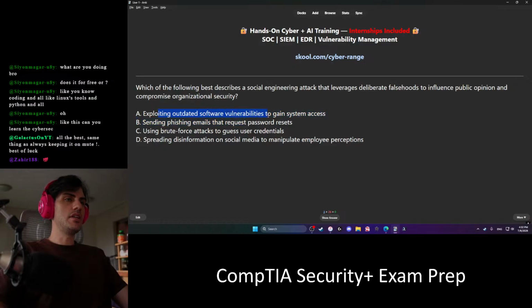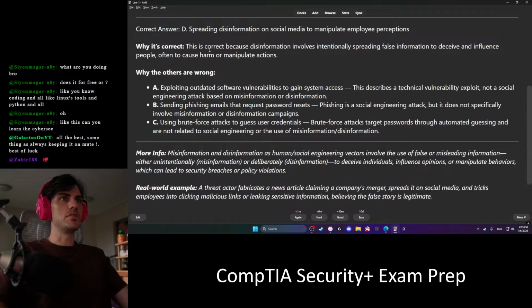Leverages deliberate falsehoods to influence public opinion. I guess this, right? D. Using social media to employee perceptions. D. There you go.